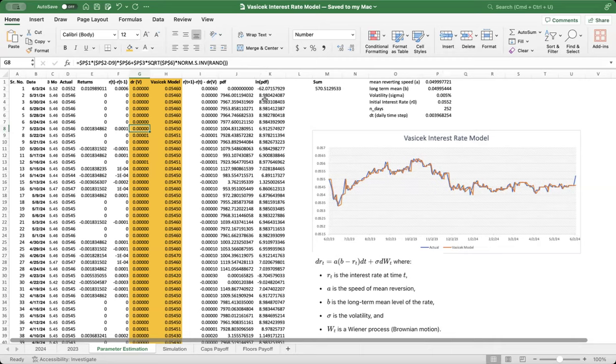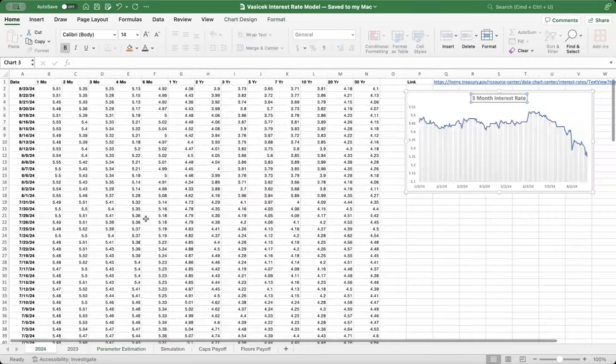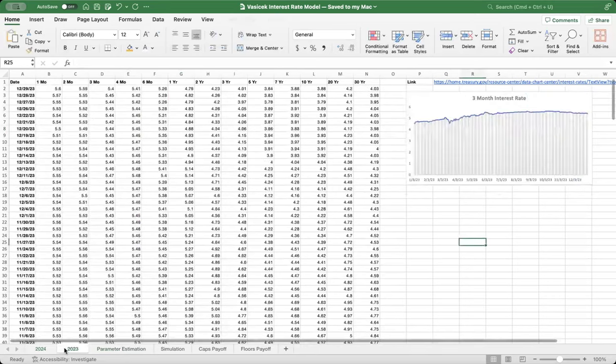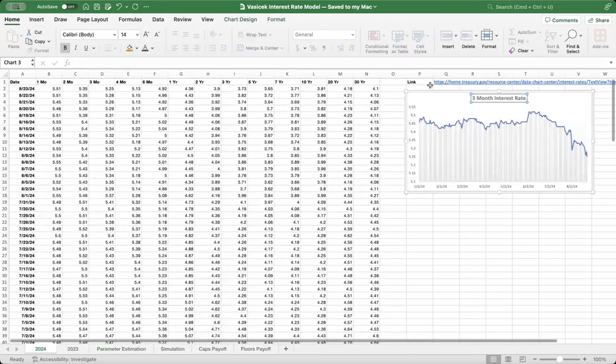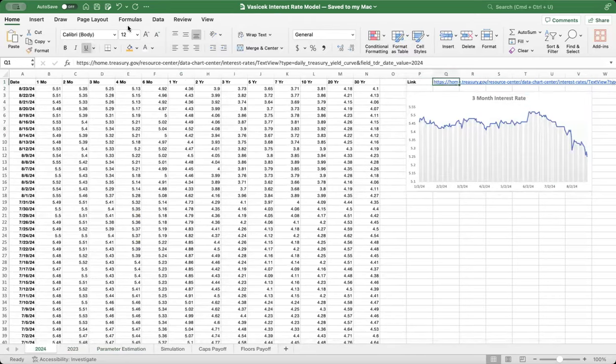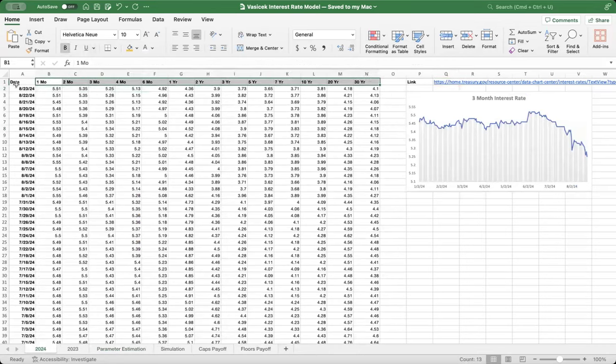For building any interest rate model, it is very important to get the historical data. So I have got the data of interest rates for 2024 and 2023. The website that I have used is treasury.gov. On treasury.gov, you will get the yield curve data